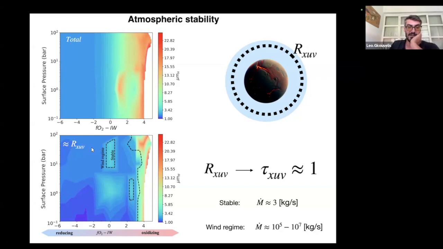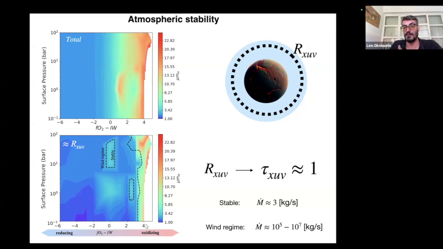And this plot, what does it show? It shows something very profound: if you start with these initial conditions, like very reducing interiors, you will generate secondary atmospheres that are very reducing, and they are not stabilized in your lifetime. Across your evolution as a planet, you will dry out from volatiles, right? And you will stay a bare rock.